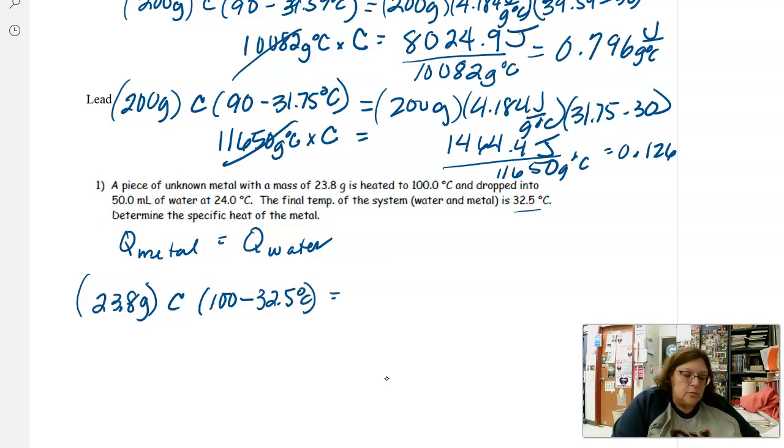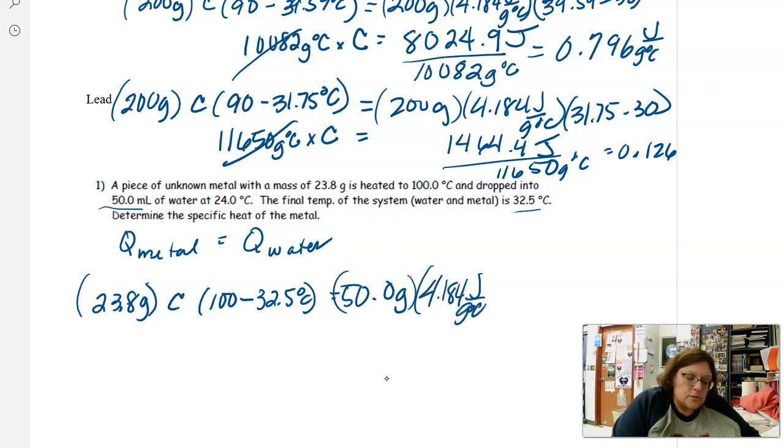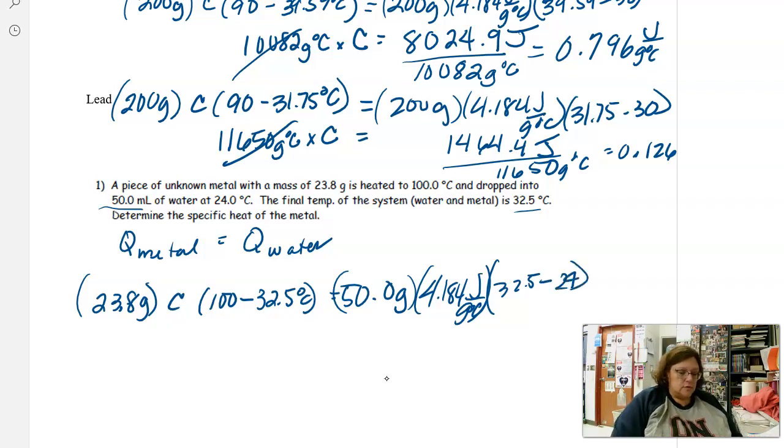That is going to be equal to the mass of our water. Now this time it gave us milliliters, but 1 milliliter of water has a mass of 1 gram. So if we have 50 milliliters, we have 50 grams of water. Specific heat is 4.184 joules over grams degrees Celsius. And our temperature change here is 32.5 minus 24. So 23.8 times